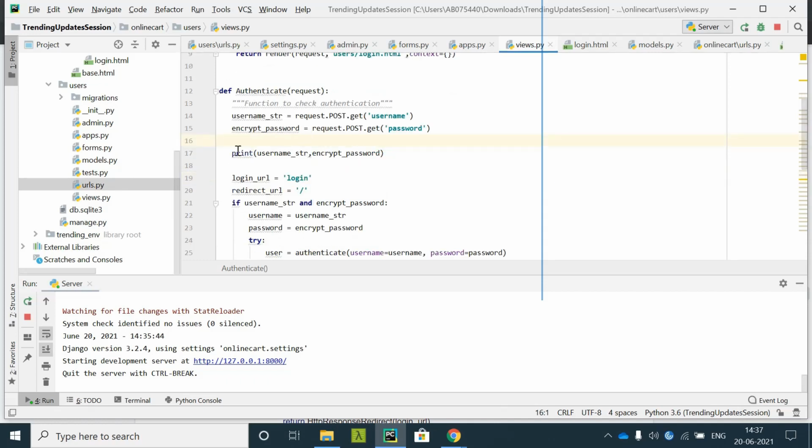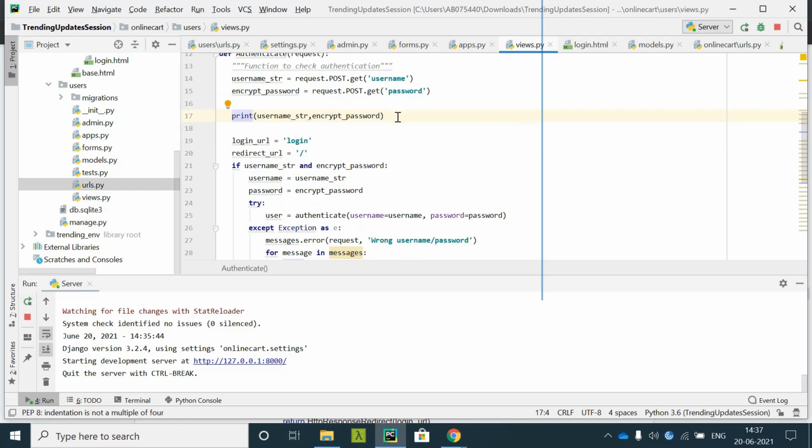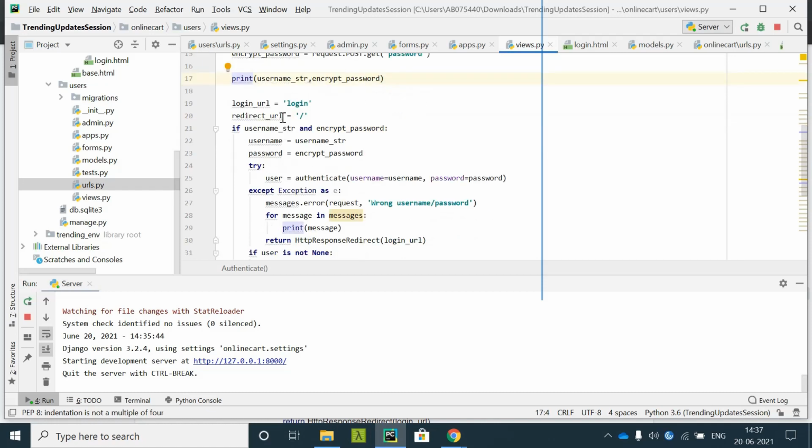Okay, once you get the username and password, I'm just printing it over here. What would be my login URL would be this only, and redirect URL would be my home page. Once I log into the system, it should come to my home page.